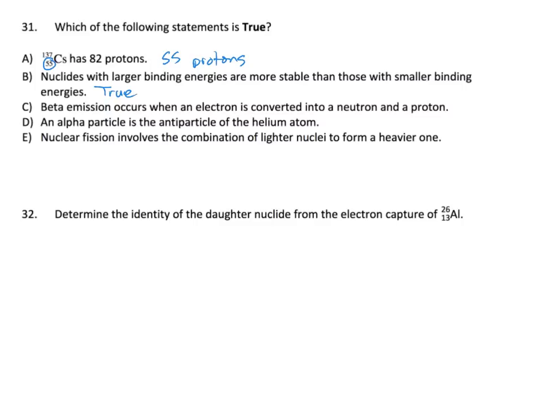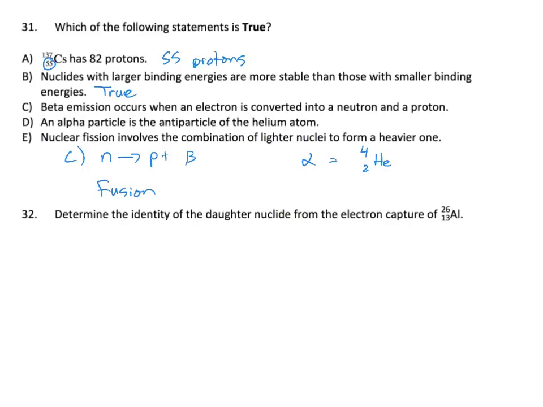C says beta emission occurs when an electron is converted into a neutron plus a proton. That is not true. Beta emission is when you get a neutron that becomes a proton plus a beta particle. D says an alpha particle is the antiparticle of the helium atom. That's not true. The alpha particle is the helium nucleus. Okay, and alpha is a helium nucleus just like that. E, nuclear fission involves the combination of lighter nuclei to form a heavier one. That's also false. Fusion